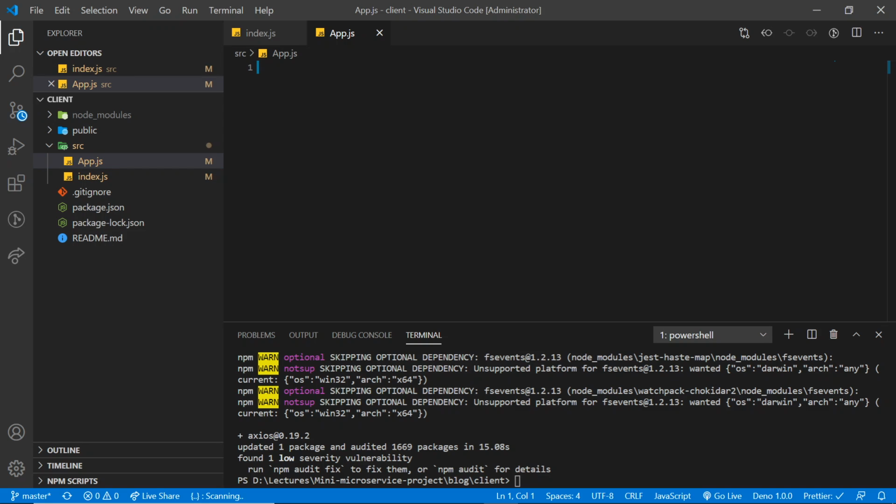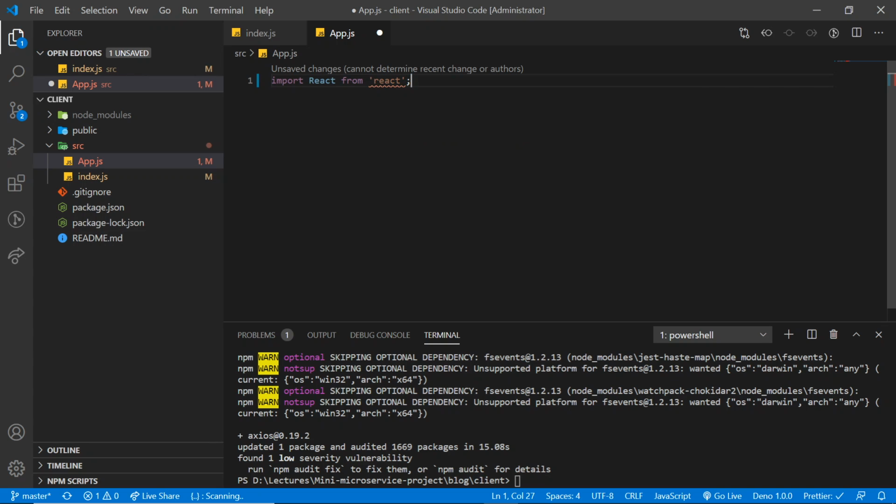Now we are going to write our main component inside the App.js file. We are then going to import this component inside the index file where we will show the actual DOM. At the top, we are going to import React. And then we will make an export.